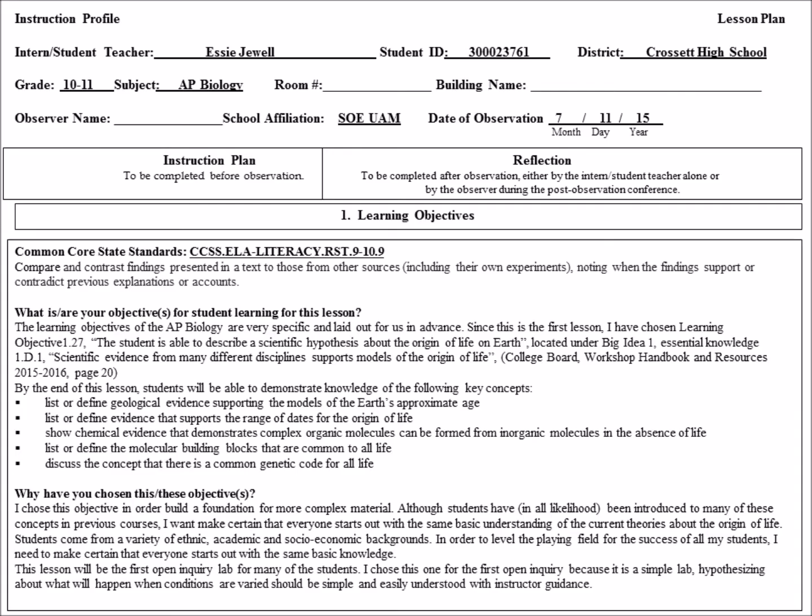This is Essie Jewell. The date is 7/11/15, and this is my lesson plan for AP Biology, sections 1 through 3. For my Common Core Standards, I have chosen